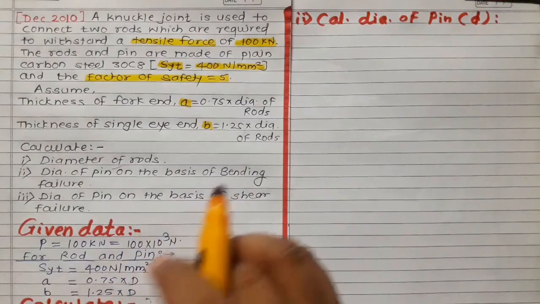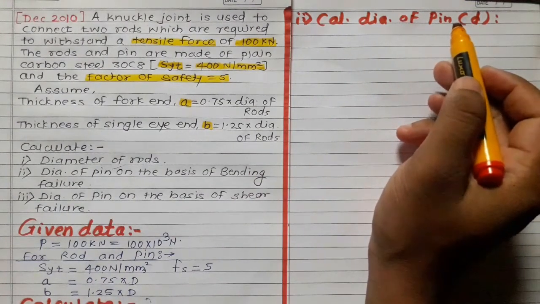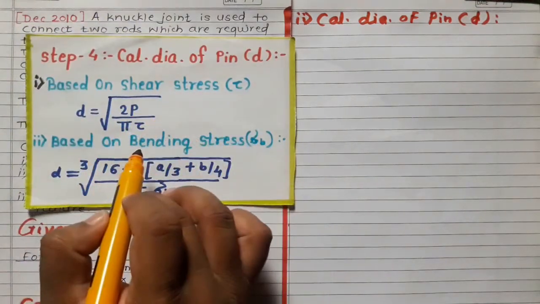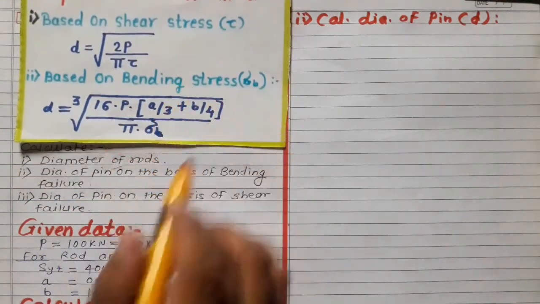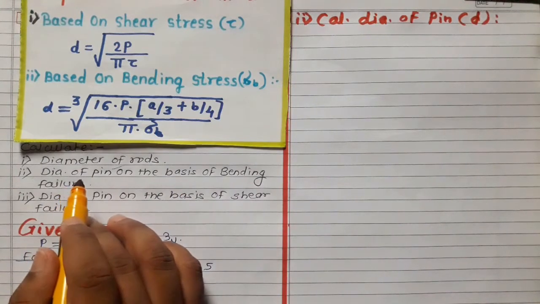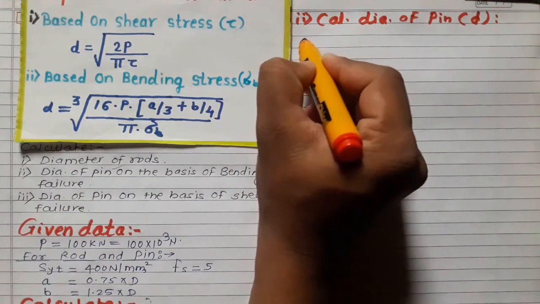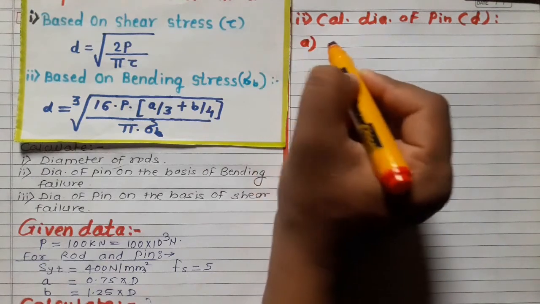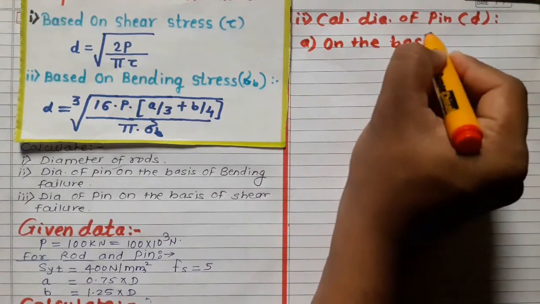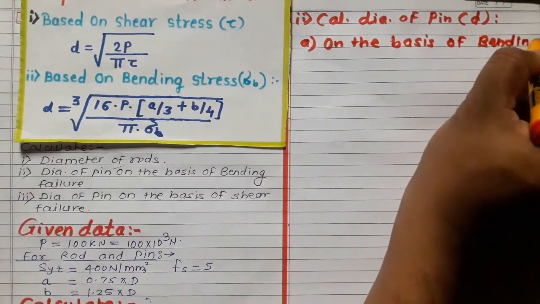Now after calculating the diameter of rod capital D, we have to find out the diameter of pin, that is small d. The diameter of this pin small d can be calculated on the basis of shear stress and bending stress. First of all, as per this problem statement, we have to find out the diameter of pin on the basis of bending failure, that is on the basis of bending stress. So let us write the second point in this problem solution, and in this first point, on the basis of bending stress,